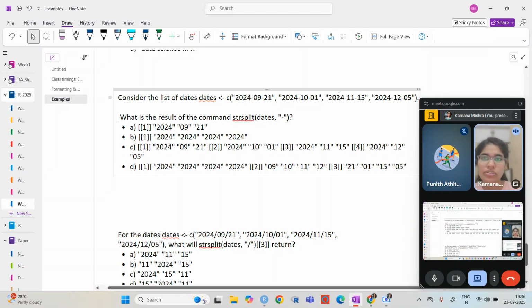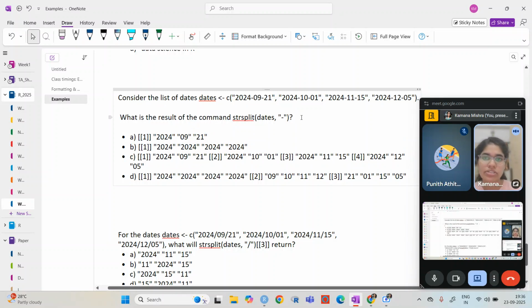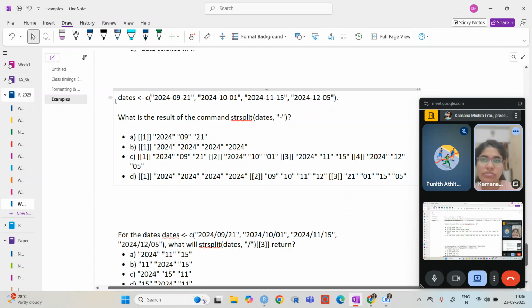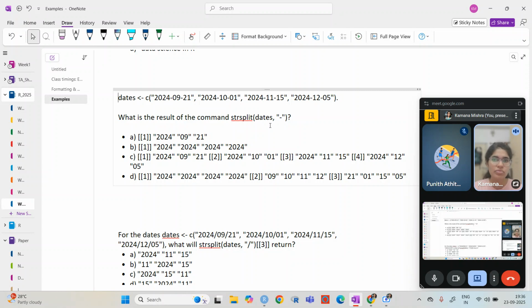We have dates given like this, and we want to split out the days. We have just done a very similar question; we have just been given different dates. Otherwise, it was all the same.